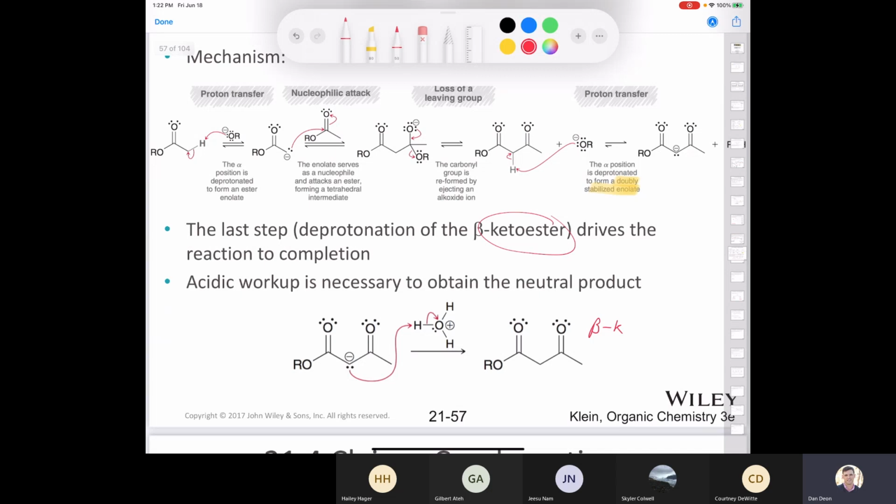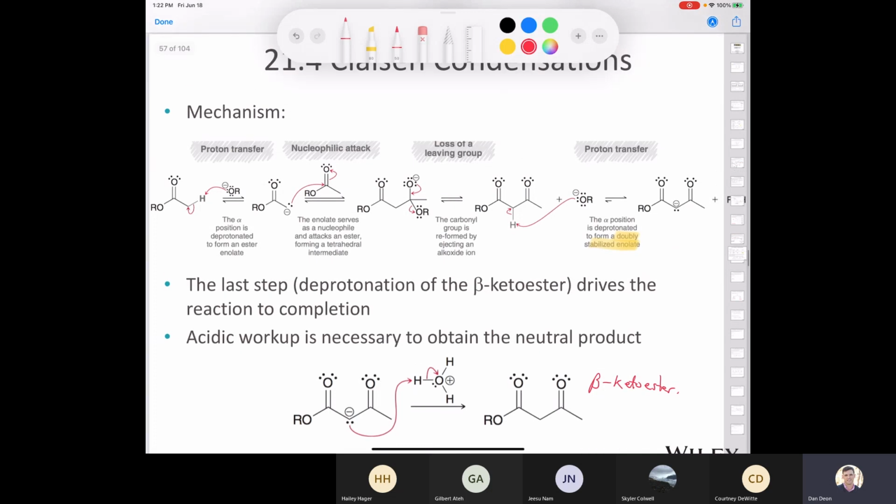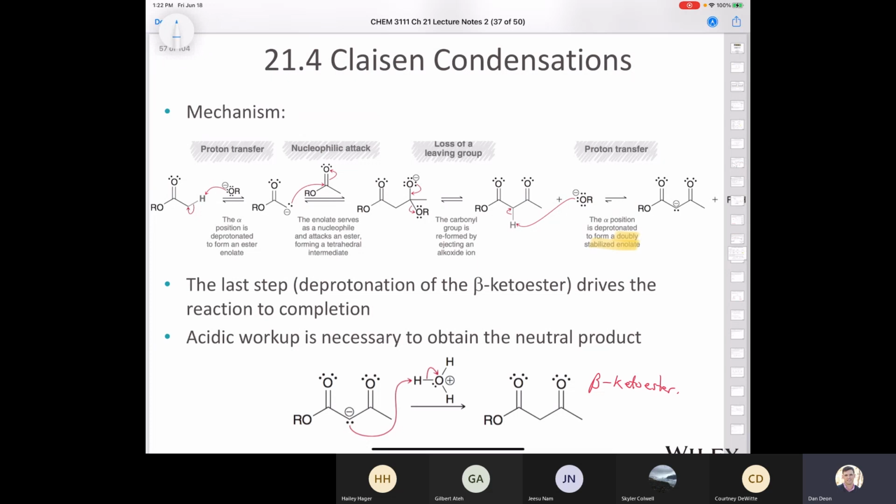Here they use all one word. Sometimes you see it in two words like that, but we'll just call it a Beta-Ketoester, like that. So whenever you see a Beta-Ketoester in organic chemistry, you can always think of a Claisen condensation. Sometimes if you peruse the internet, you might hear it called a Claisen reaction, but I went to school with a Scottish guy, and he said, it's obviously Claisen. Anyhow,